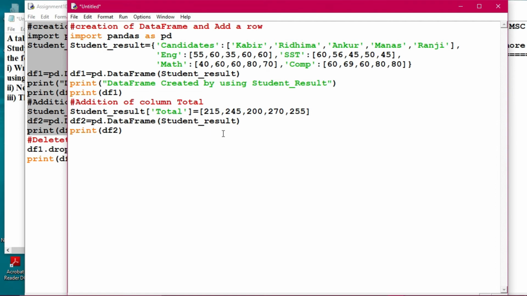That is the thing we will do after this one. The data frame has been created, and we have to add a row also.